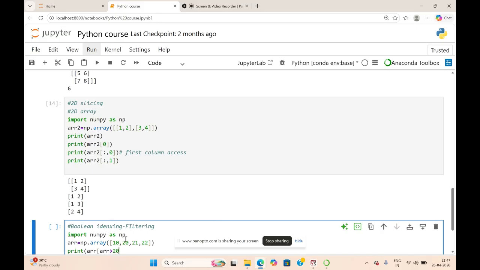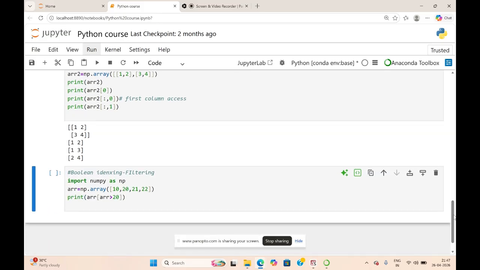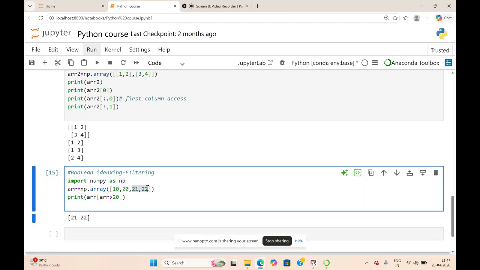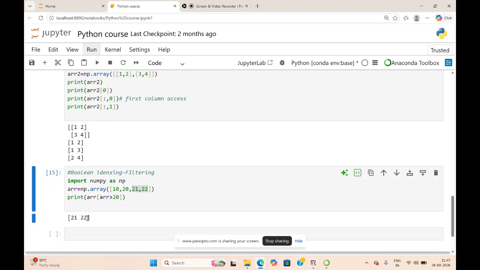So this particular syntax will filter out the elements in the created array that are greater than 20. So 21 and 22 are the elements that are greater than 20, hence this is filtered.